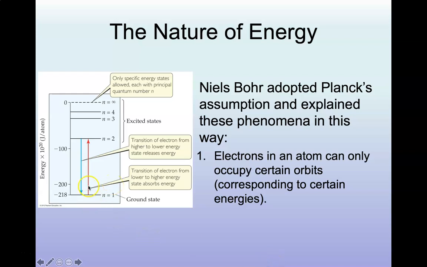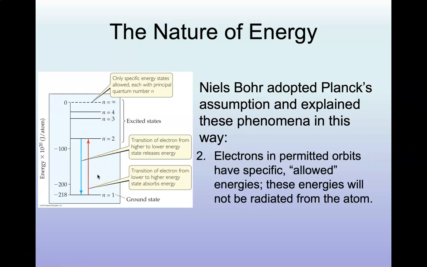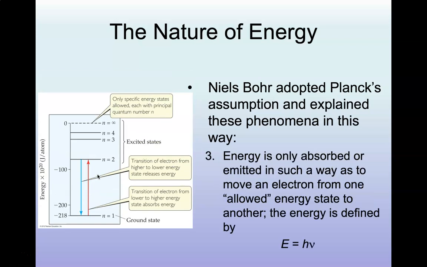So that being said, if an electron wanted to move from n equals 1 up to n equals 3, a different amount of energy would be involved in that particular transition. So that's his first assumption. His next one is that if an electron is already in an orbit, there are specific allowed energies, and those energies are not going to be released from that atom as long as the electrons are contained within a correct orbit. Okay? Our next assumption is that when we absorb or release energy, an electron moves from one